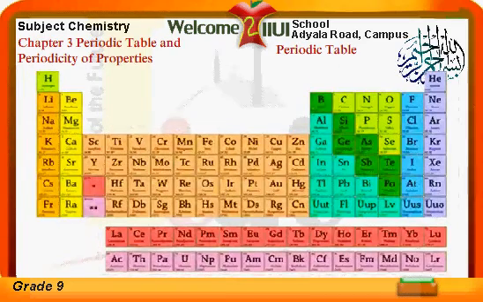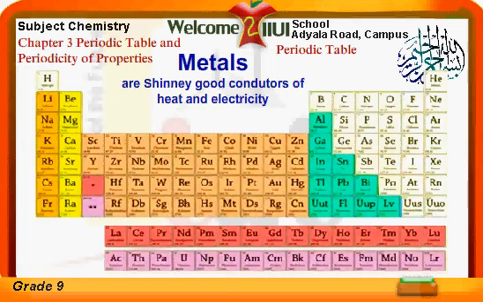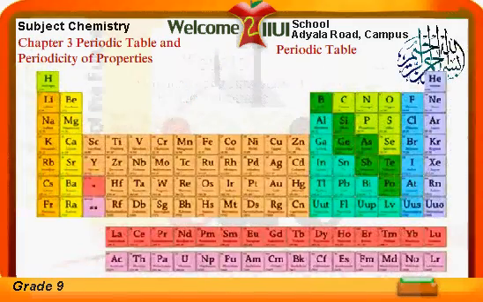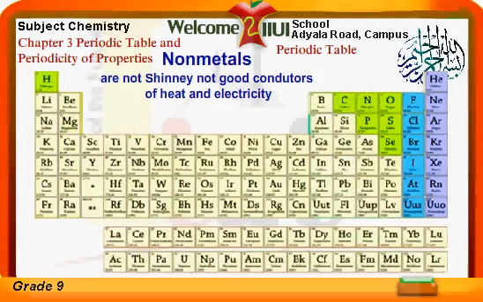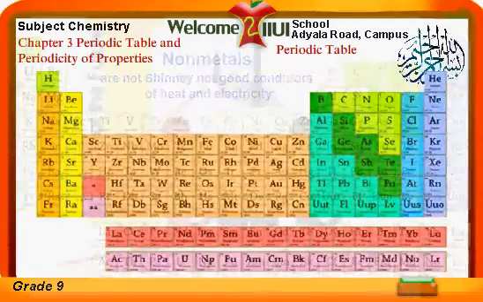Students, most elements are metals and you find them on the left and in the middle of the periodic table. Metallic elements are typically shiny and good conductors of heat and electricity. Non-metals are found on the upper right of the periodic table, except hydrogen. It is on the left, but is also a non-metal. Non-metals generally are not shiny and are not good conductors of heat or electricity.